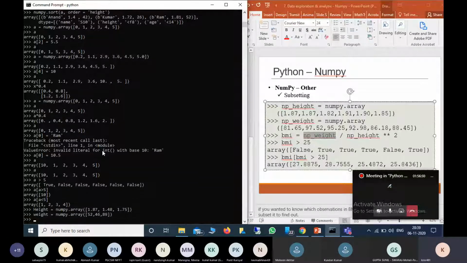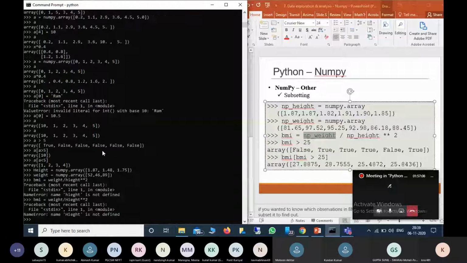Now what we are doing is calculating BMI. BMI equal to weight divided by height to the power 2. Now we have these BMI values.